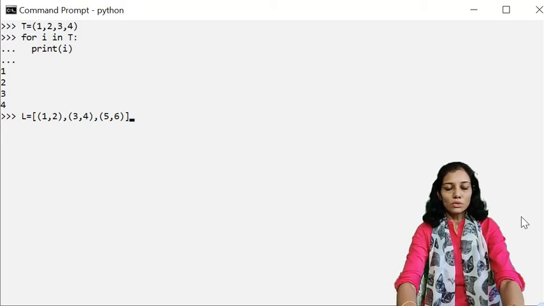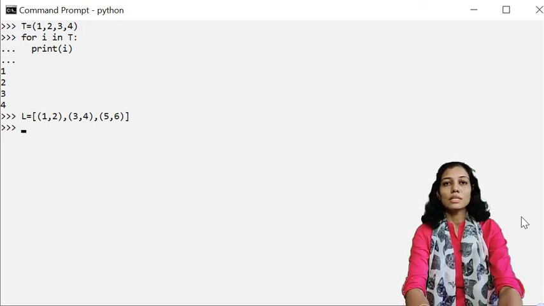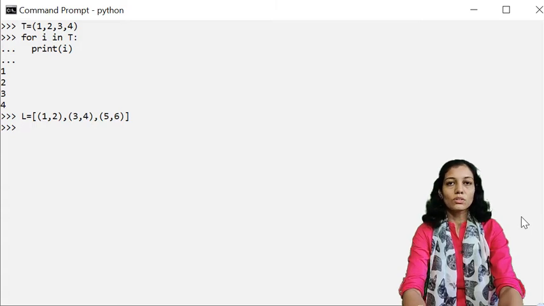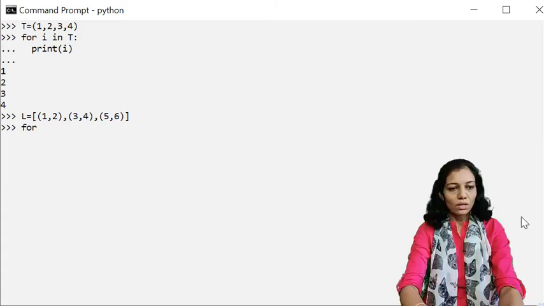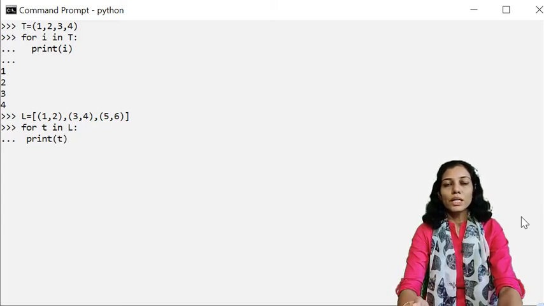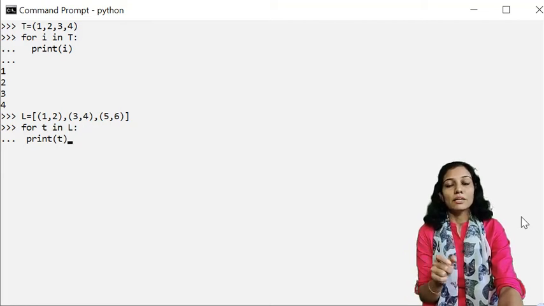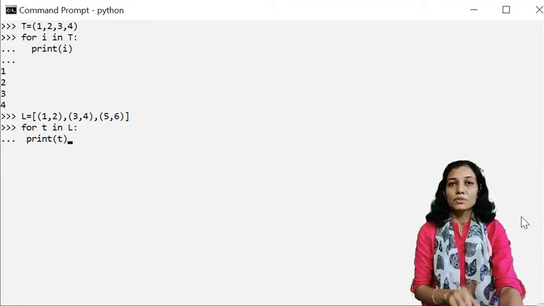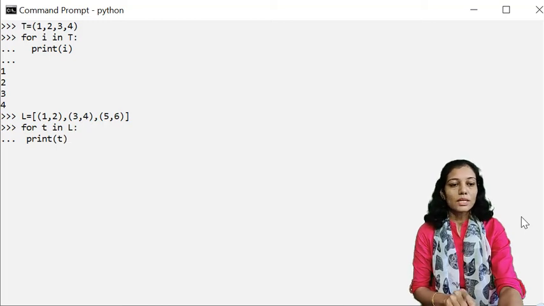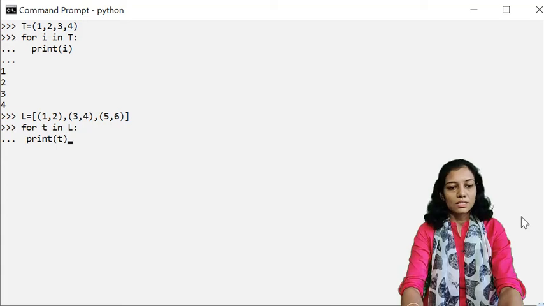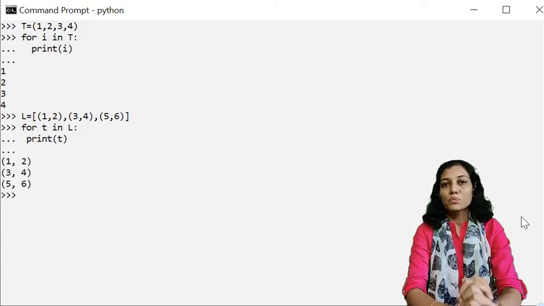If you want to iterate over it, we will use the same concept as we used earlier to iterate over a tuple, that is for t in L, print t. So what will it print? It will print each tuple element. That means first it will print 1, 2, second is 3 and 4, the third element is 5 and 6. Let us see. Yes, it has printed this way.